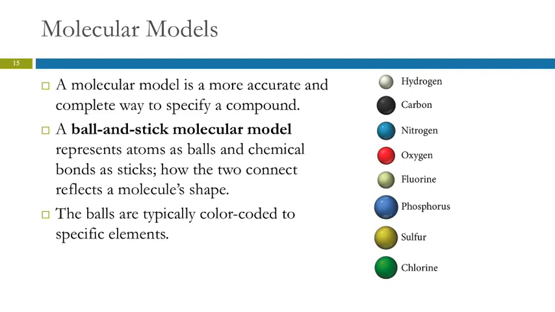We can also have models, and these are 3-dimensional things. You can actually have an actual physical model, or you can have an illustration of a model. Ball and stick models use balls and sticks to represent atoms and bonds. And typically we use the same colors to represent different elements so that we don't always have to be writing